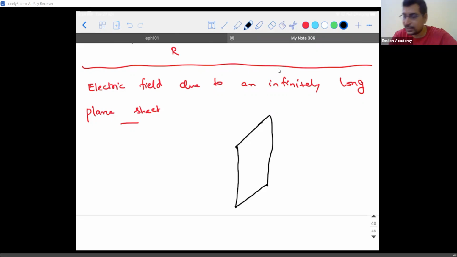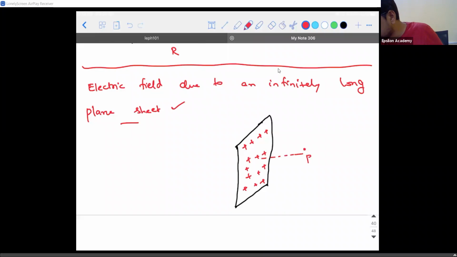For understanding purpose, I am taking a positive charge. And remember, this concept is very, very important for the next chapter. The name of the next chapter is electrostatic potential and capacitance. There you will be learning about a device called a parallel plate capacitor. At that point, this plane sheet is what is going to come into picture. Please be very careful. If there is any doubt, get it clarified. Now, I am taking a point P which is at a distance r from it. Okay, madam?